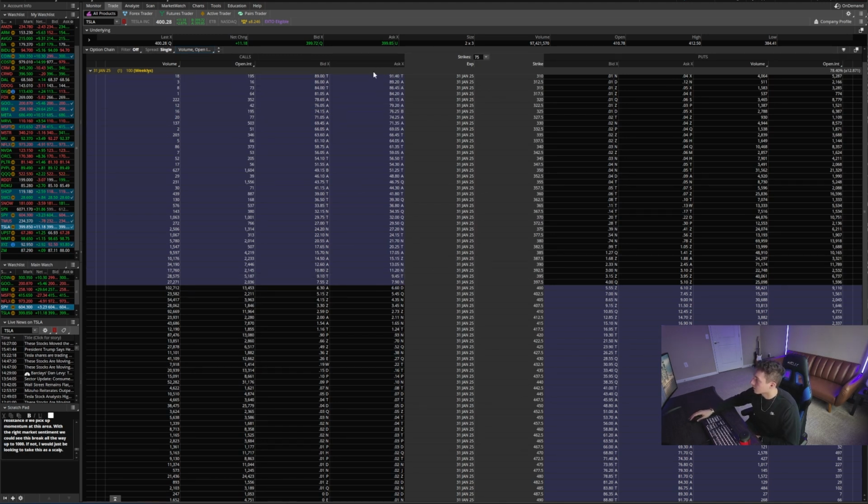So on the calls right here, you can see all these are in the money. On the puts right here, you can see all of these are in the money. So all of the purple is in the money, all of the black is out of the money. So now that we have our options chain set up itself, we'll go ahead and move on to the next